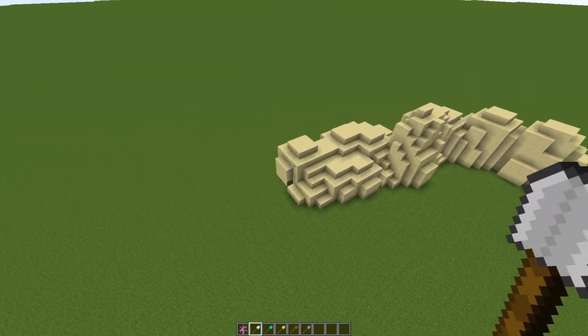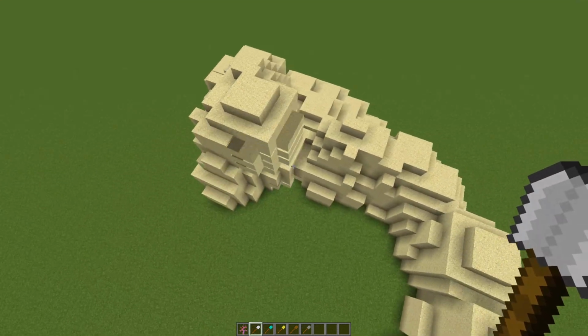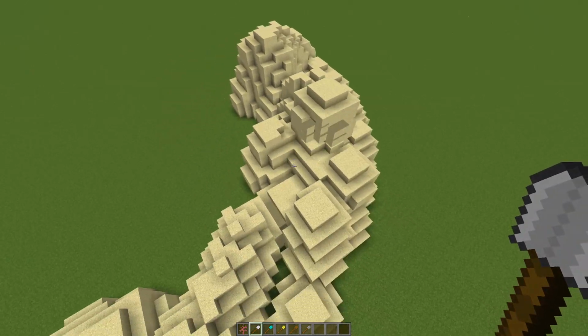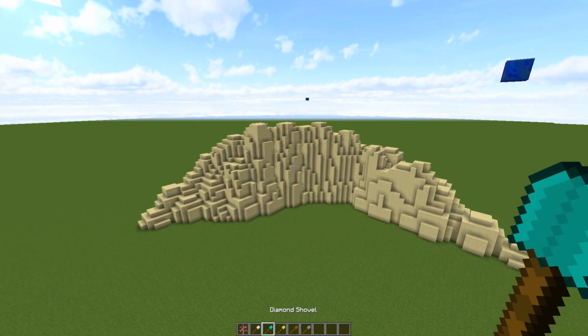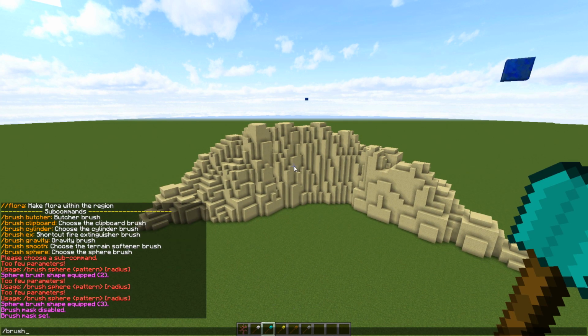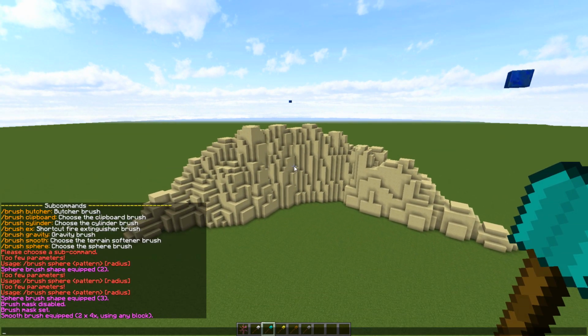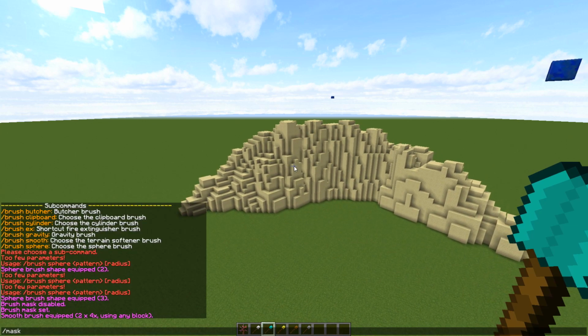The reason why I use sand is because it falls and gives that gravity effect. I can just keep placing all the way around until I get a shape that I like. And now what I would suggest, once you have a shape that you like, is using the smooth command. So you do /brush, then just type smooth, and what that does is it's going to create a brush. I think you can put in a radius if you want. I just do smooth, and then I would also suggest masking out the block that you built your thing with,